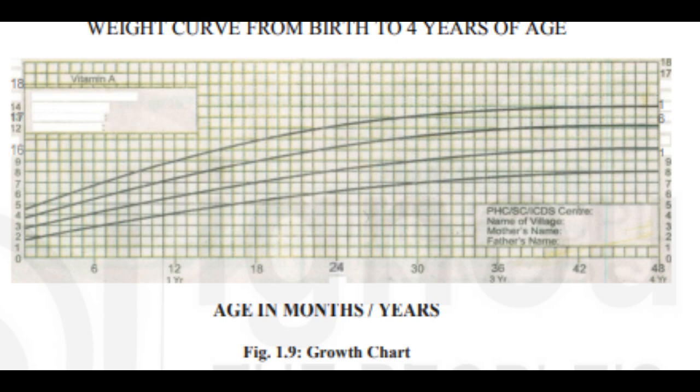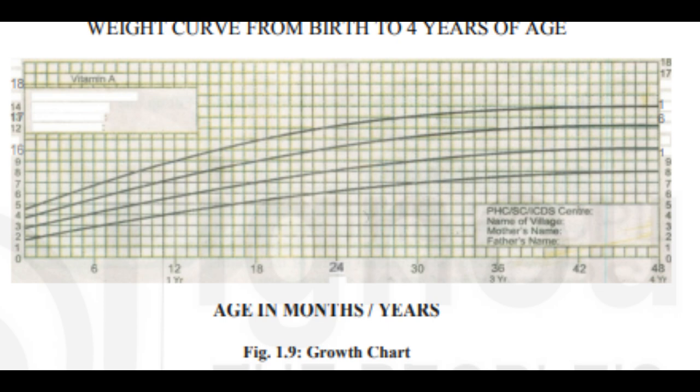The zone under the curve represents the weights of 95% of normal, healthy children. It is the direction of growth that is more important than the position of dots on the line. Flattening or falling of the child's weight curve signals growth failure. The objective of child care is to keep a child in the zone that represents the weight of 95% of normal healthy children, i.e. parallel to the road to health curve.